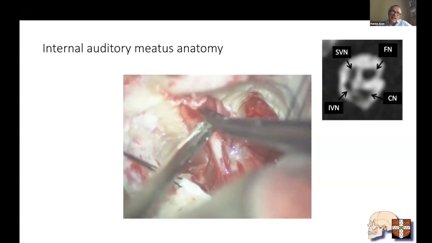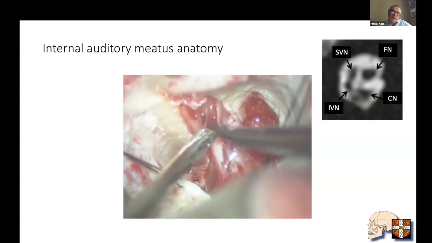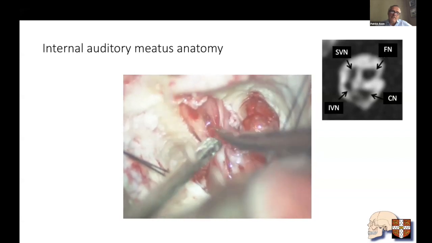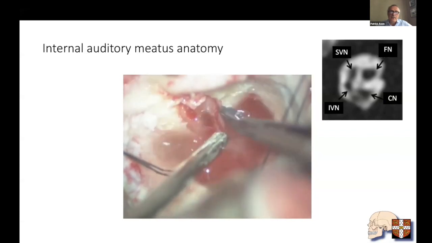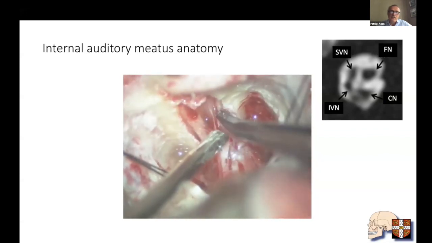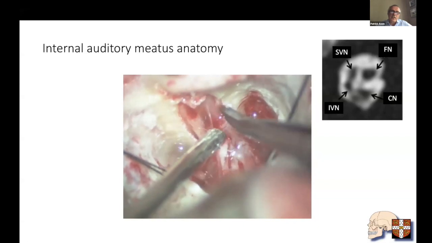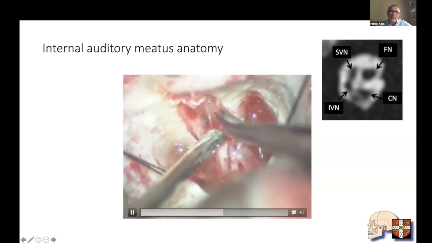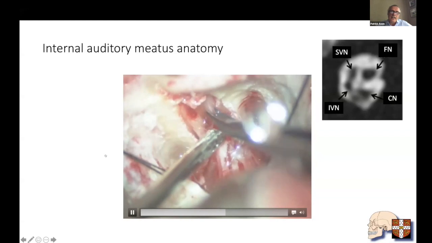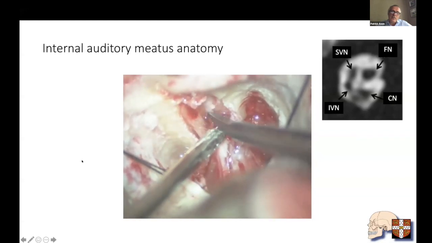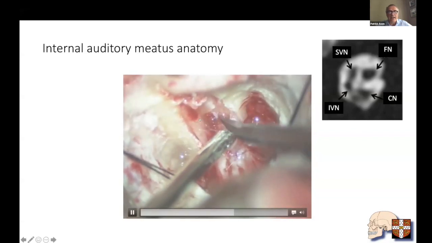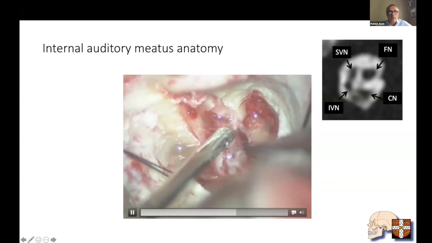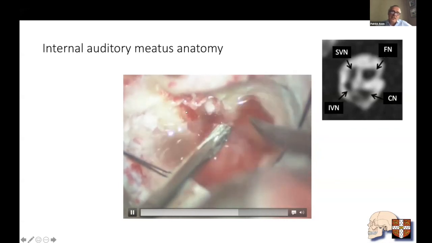And then he's going to move along to divide the inferior vestibular nerve, which is just there. So it's just cutting through the inferior vestibular nerve and rolling that medially. And then you can see the cochlea, which is going to divide. Now, we don't often divide the cochlea these days. We tend to leave it in place because it gives a little bit more support during the latter dissection. But what you've got now is 3 nerves divided, and the superior and anterior is the last of the